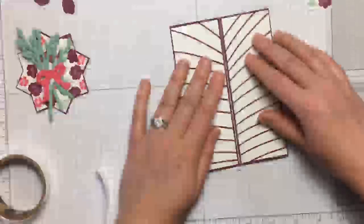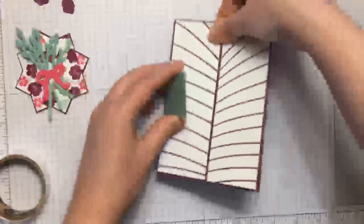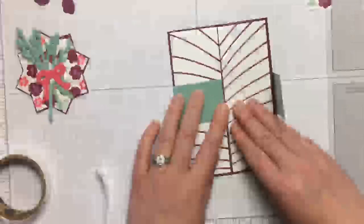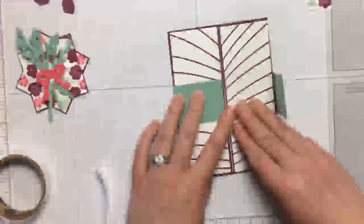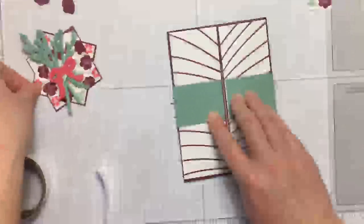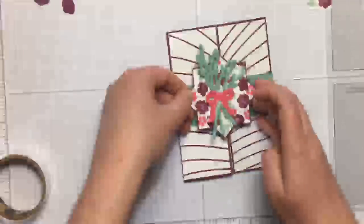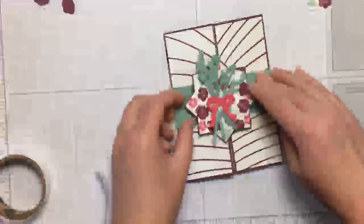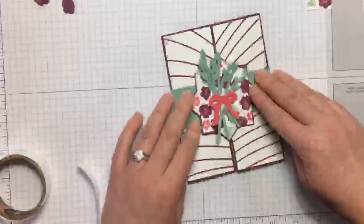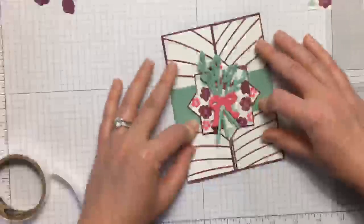Do we like this? Let me kind of put it together and see what it's going to look like when I have it all together. I think that's going to be too busy. I think I'd rather have it without. But let's just set it down and see what it looks like. Oh, I don't know, actually. Actually, it's not bad, is it? Obviously, I need to fix my middle a little bit, but in terms of having these...